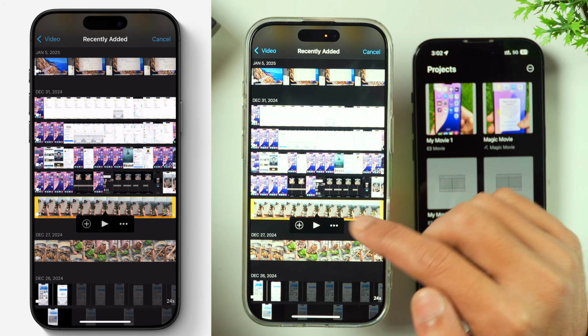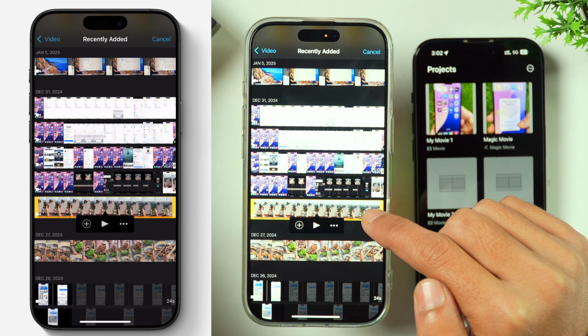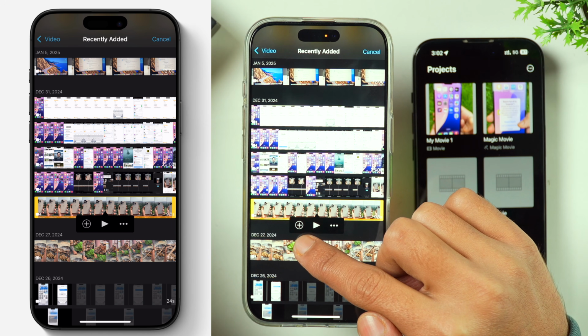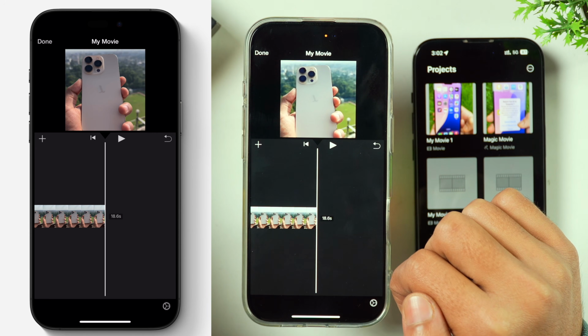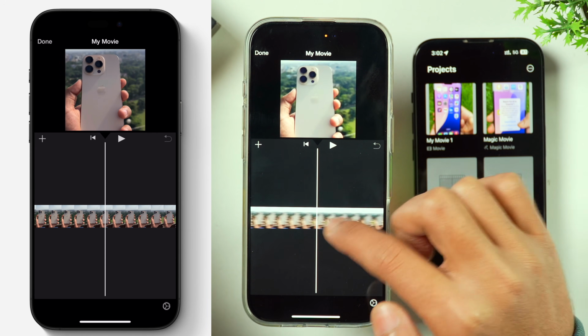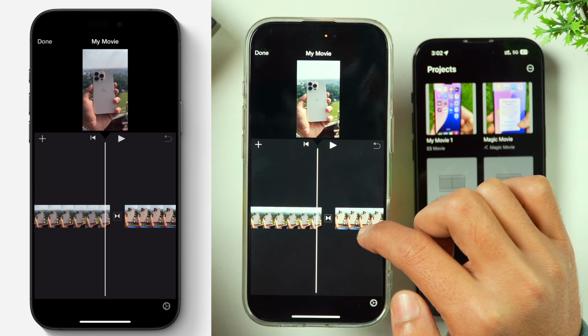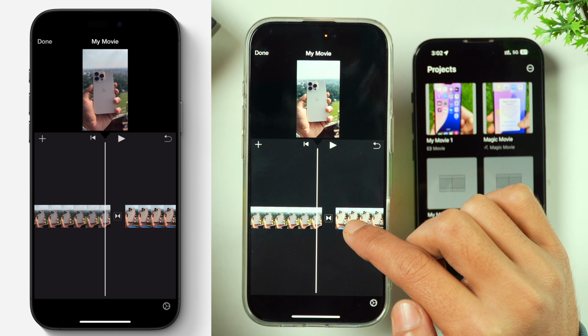So let's select this one and once selected, you will see there is a yellow border outside the video, so that is selected and after that if we tap on plus icon here, this will directly import the video and add that along with the previous video like this. You can see the two videos are kept here in the timeline along with a transition, but we don't want to do that. Instead, we want to put both of them side by side. So in that case, you have to do something different.